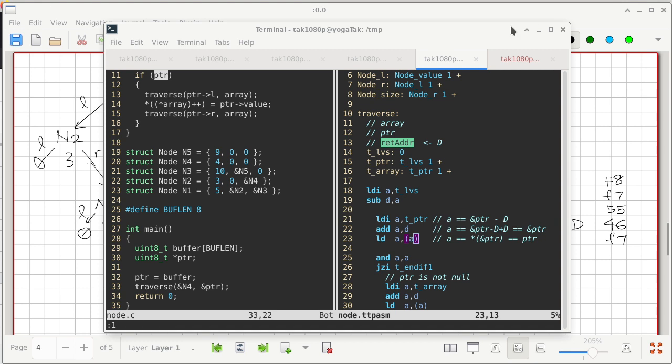Okay, let me go back to the C code. So we are supposed to push the member L of the structure that PTR, which is our first parameter, is pointing to. Not the address of, but the value of. Is that okay? So the first thing we need to do is to access PTR, right? So if you go to the